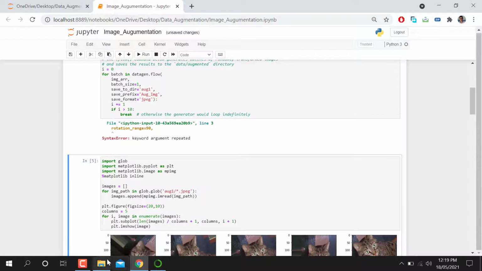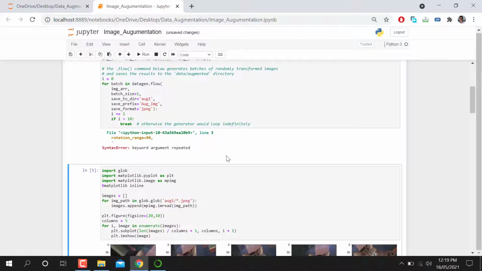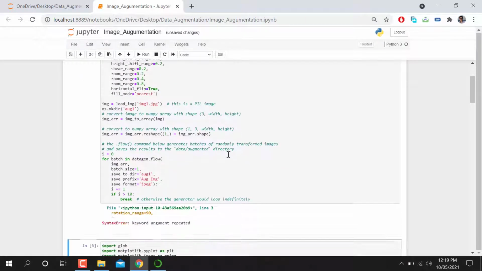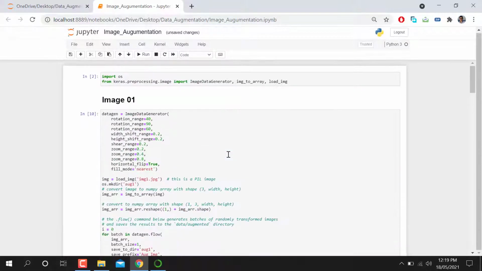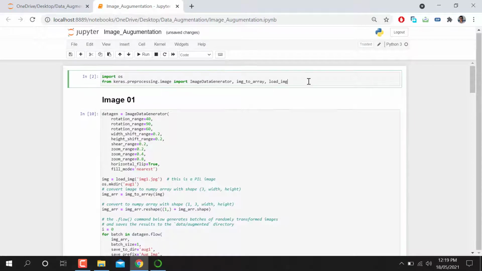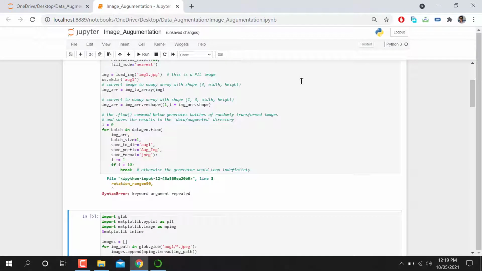So it will create a new directory with the name, it will take some time. Oh, I got some error here. So what is the error? Let me run this one again and see what will happen.